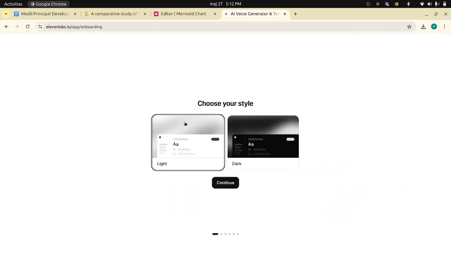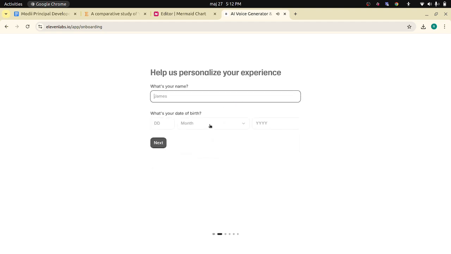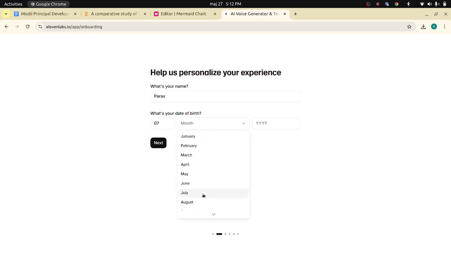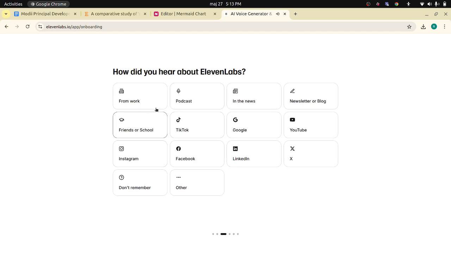then you will land on the ElevenLabs onboarding steps. So you can select the theme, light or dark. I'm going with light, and then you can simply type your name, and I'm going to type this one. What's your date of birth? You can type the month and the year. So click on next. Once you click on it, you can select where you heard about ElevenLabs, and